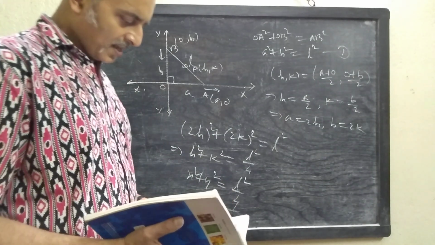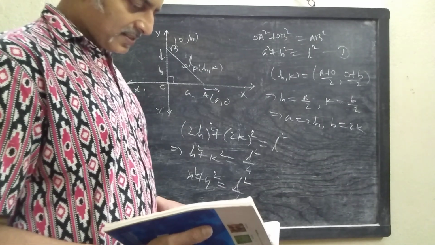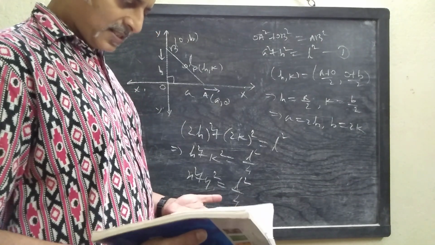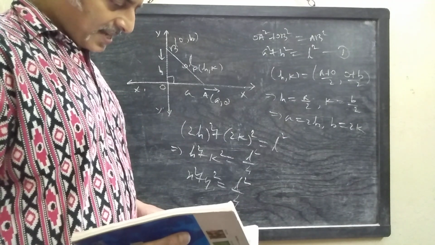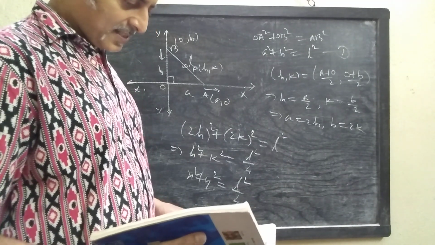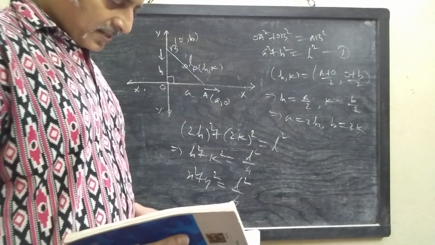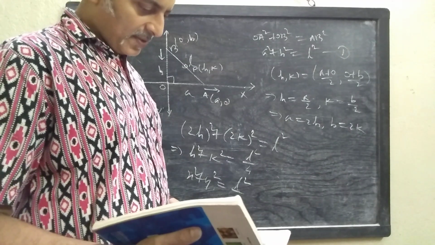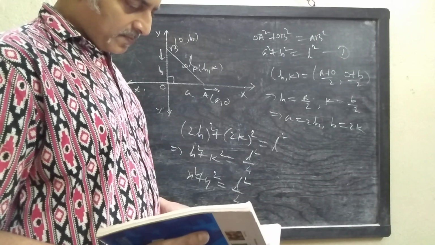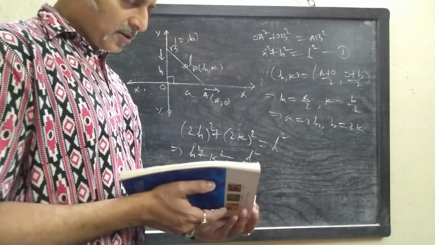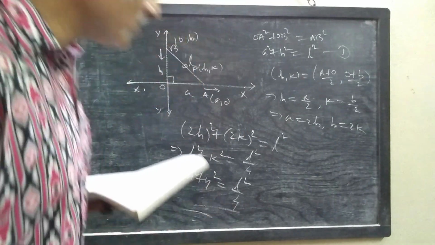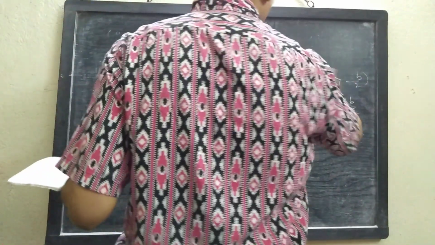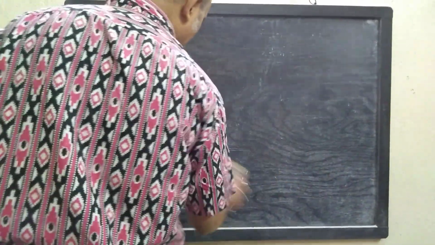Next question. AB is a variable line segment sliding between two coordinate axes like the previous one, in such a way that A lies on the x-axis and B lies on the y-axis. If P is a variable point on AB such that PA is b units and PB is a units, find the equation to the locus of P. Look, here P is not given to be the midpoint of AB. Here, the distances of P from the ends A and B are given. And now on the basis of this information, you have to find the locus of the point P.